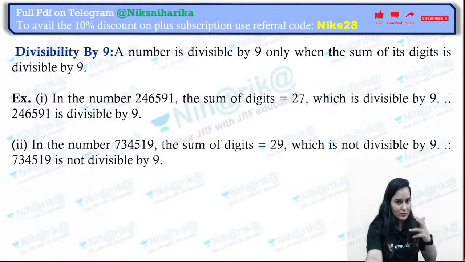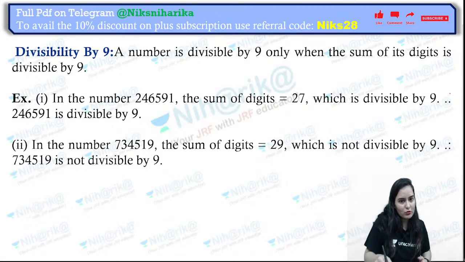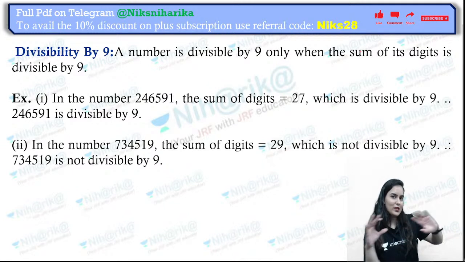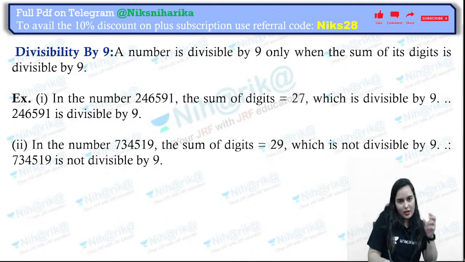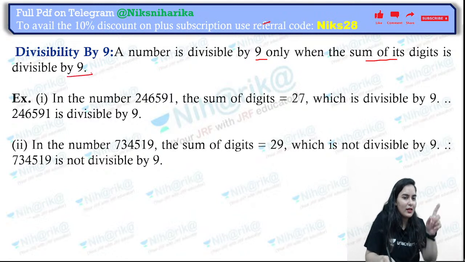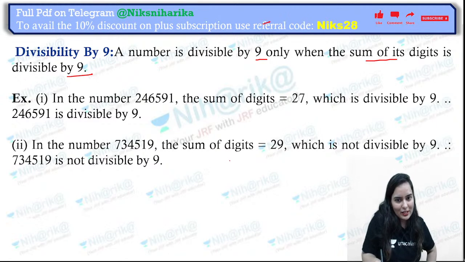So 2 and 3 you got to know. Now we'll see another divisibility. If you want to check the divisibility by 9, how will you get to know? See how I quickly judge which table I have to use. This is one of my major tricks. The number is divisible by 9 only when the sum of its digits is divisible by 9. Have you noticed that the table of 9 goes 0, 9, then 18, 27, 36, 45, 54, and so on?